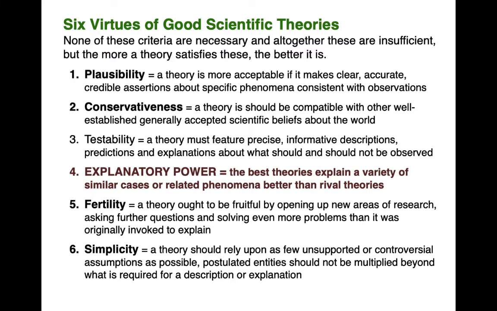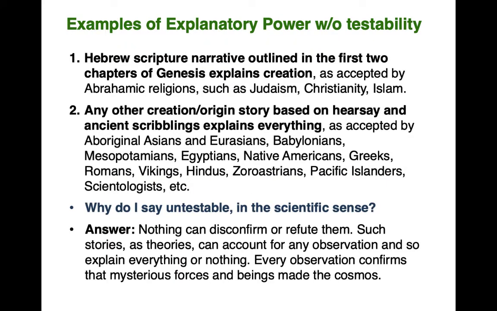Again, we're focusing on explanatory power. Let me give you some examples of explanatory power in a theory where there isn't any testability. Hebrew Scripture has a narrative outlined in the first 2 chapters of Genesis which explains creation. It's accepted by the Abrahamic religions such as Judaism, Christianity, and Islam. Any other creation origin story based on hearsay and ancient scribblings explains everything as well. For example, those accepted by Aboriginal Asians and Eurasians, Babylonians, Mesopotamians, Egyptians, Native Americans, Greeks, Romans, Vikings, Hindus, Zoroastrians, Pacific Islanders, Scientologists,